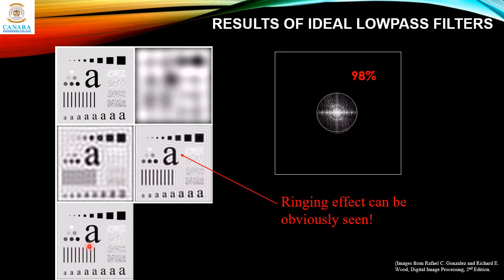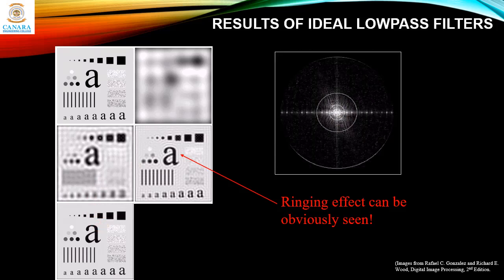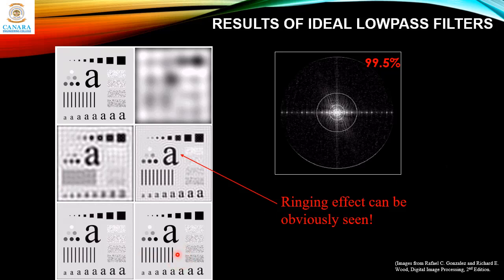Okay, this is the effect of using this diameter, and you just remove the outside area which has the 2% of information. This 98% translates to this. And then the last portion, if you go for the bigger circle like this, which retains 99.5% of the image power, you get this image, which is basically similar to the input image.